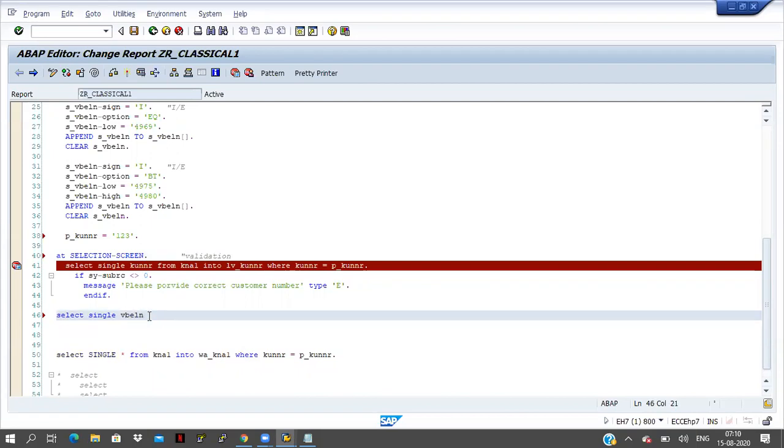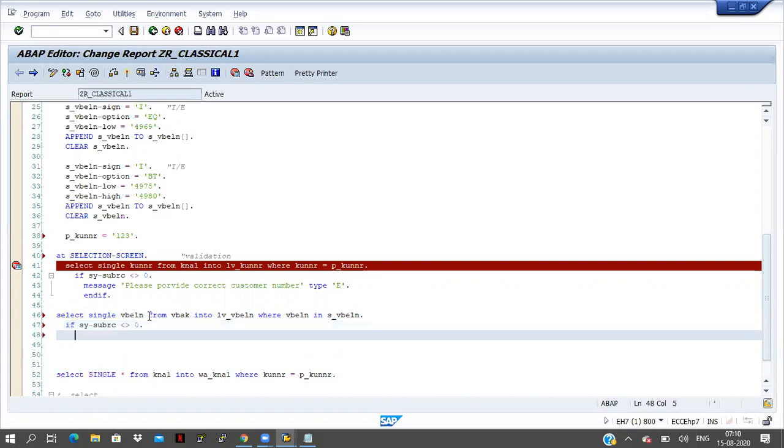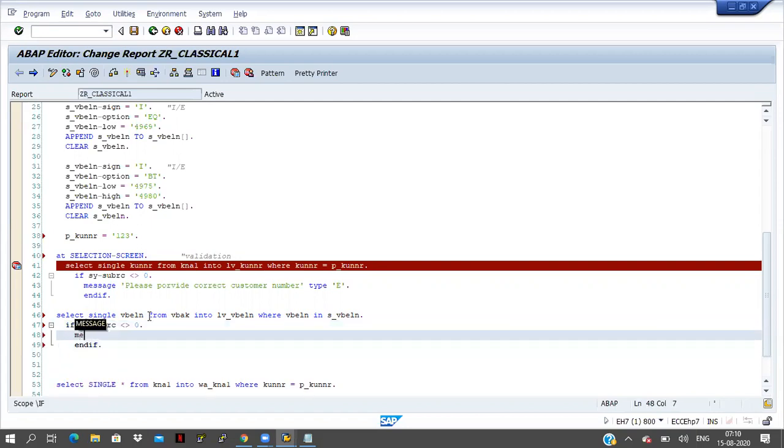Select single VBELN from VBAK into LV_VBELN where VBELN in S_VBELN. If sy-subrc is not equal to 0, then a message will come: please provide correct SO number.